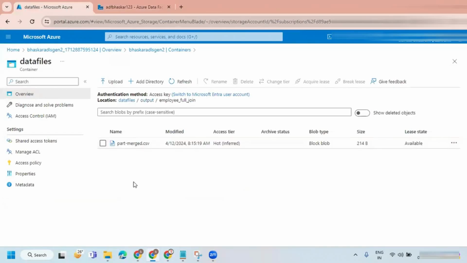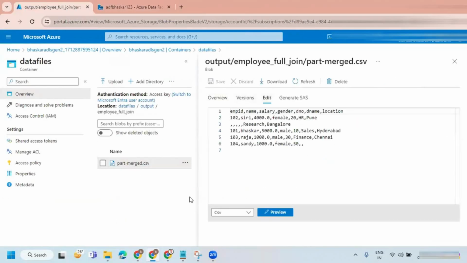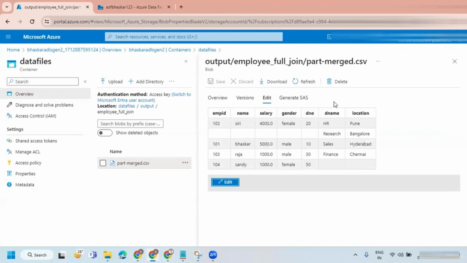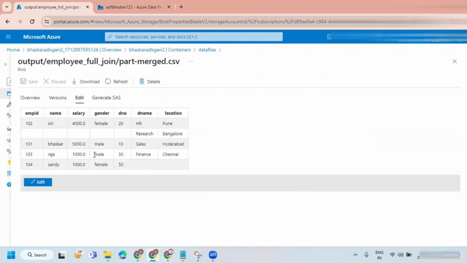Now, if you refresh it, you can find there is only one file. Full AutoGen, 4 records we have it, right? Okay, 101.